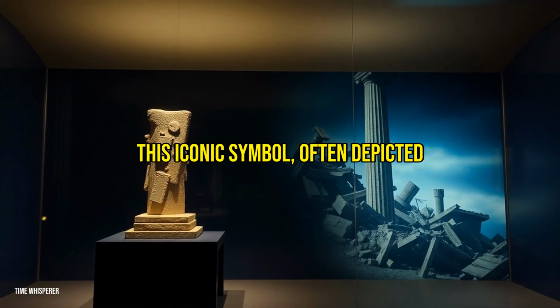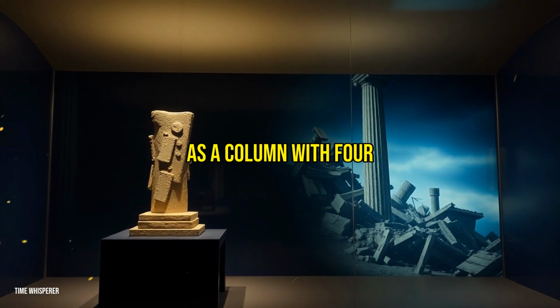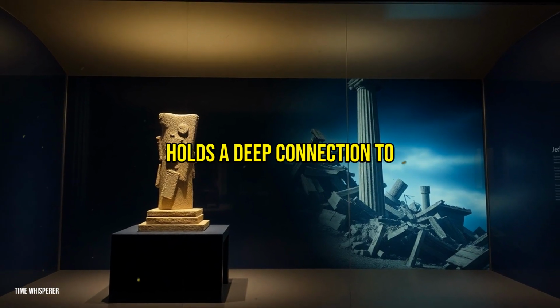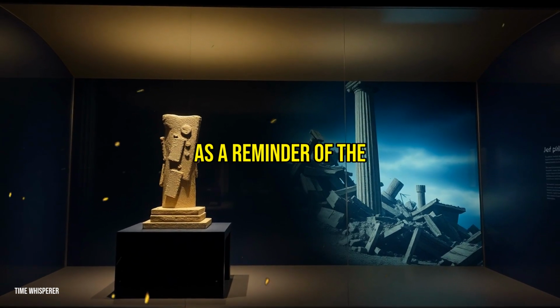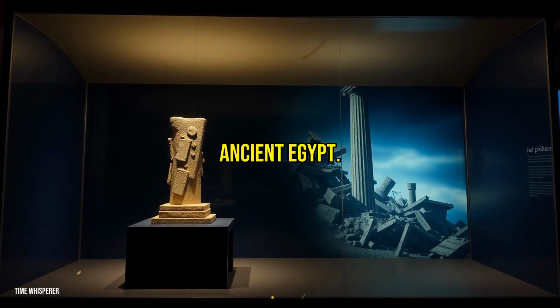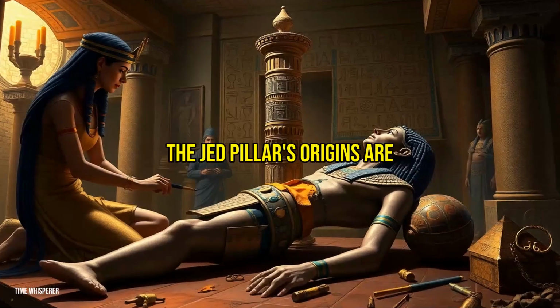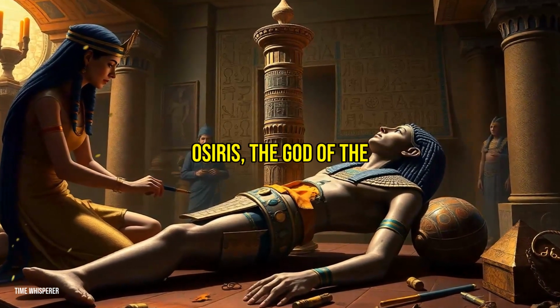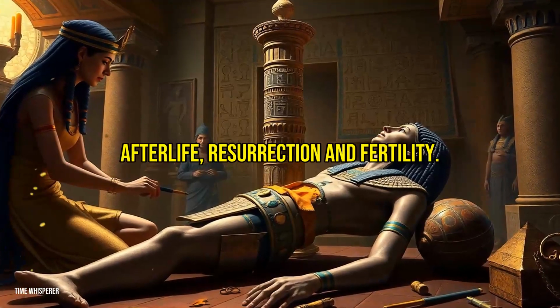This iconic symbol, often depicted as a column with 4 horizontal bars at the top, holds a deep connection to the god Osiris and serves as a reminder of the resilience that defined both the gods and the people of ancient Egypt. The jade pillar's origins are rooted in the mythology of Osiris, the god of the afterlife, resurrection, and